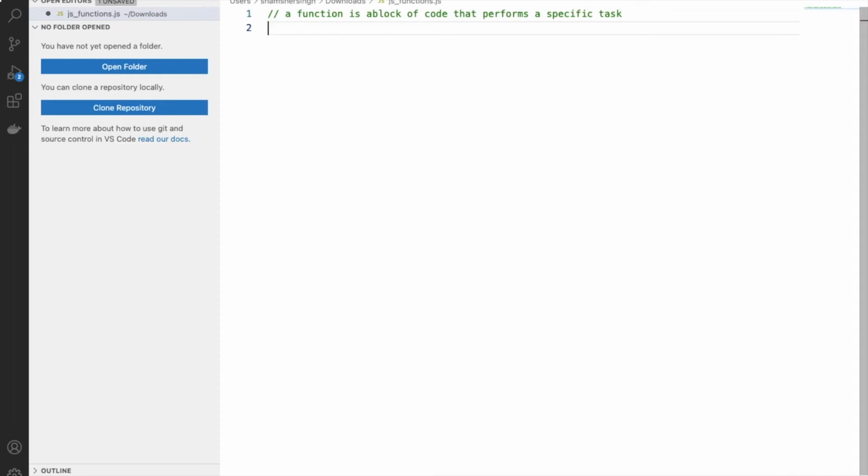JavaScript also has a huge number of inbuilt functions. For example, Math.sqrt is a function to calculate the square root of a number. This is a function we have. In this video we are going to learn about user defined functions. First, let's understand